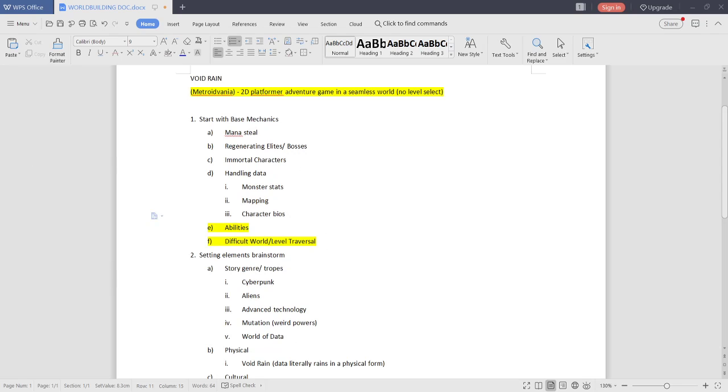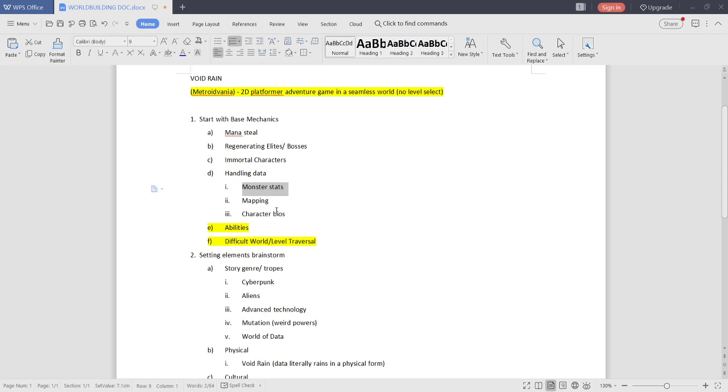But I wanted to handle this data or have a more hands-on experience when dealing with these concepts of data. So basically, first gathering the data in the first place. How would the player go about doing that?